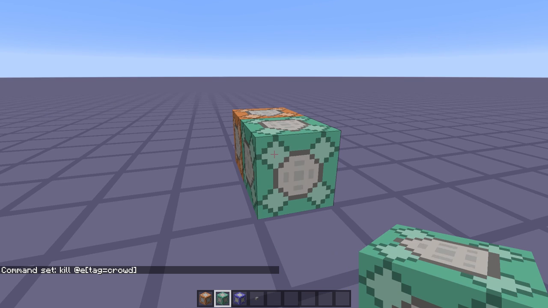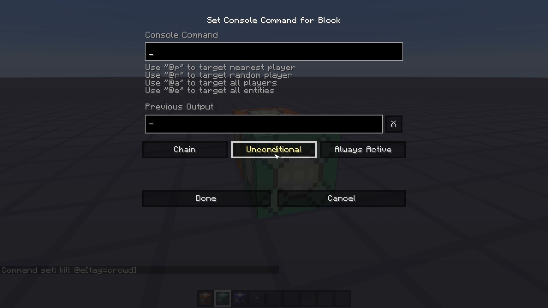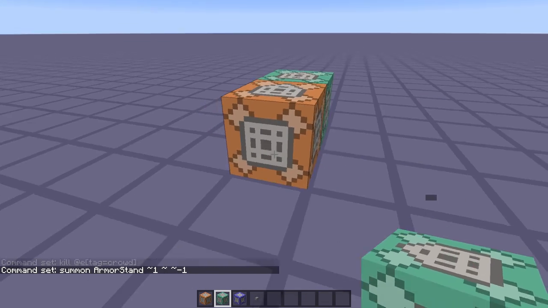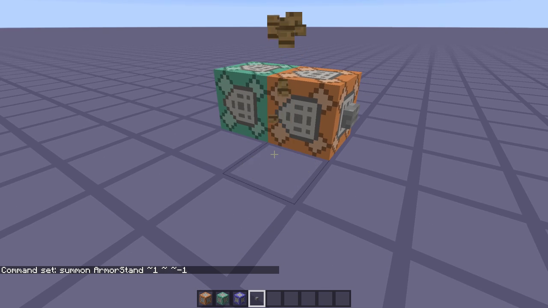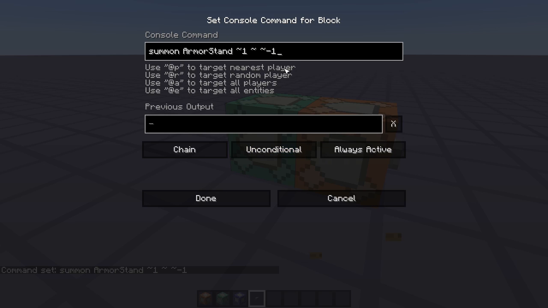Then we're going to go summon armor_stand, 1 in the X, we'll leave the Y, and -1 in the Z. So what happens if we do this? Stick a button on, and we get an armor stand there. We can afford to summon that a little closer to the ground, but not on the ground, and I'll explain that later. But if we summon it nearly on the ground,